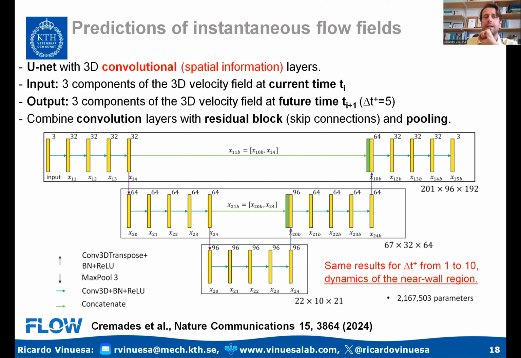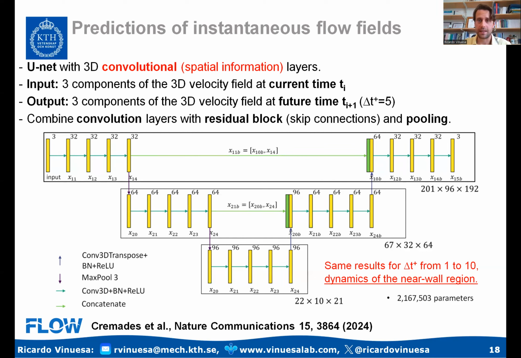These units are basically three-dimensional convolutional neural networks, so these are deep learning methods. The convolutions are very good because they allow us to exploit spatial patterns in the data. And of course, turbulence, as you can judge by the videos that I showed you before, is composed of quite localized spatial information, these coherent motions. So there are a lot of spatial patterns to be exploited through convolution filters to improve